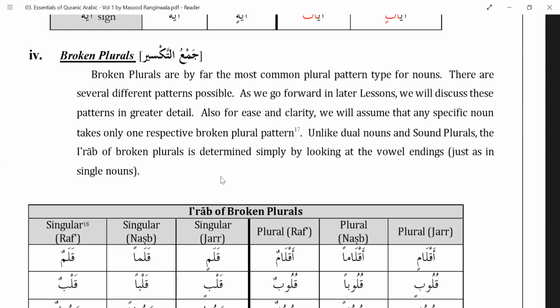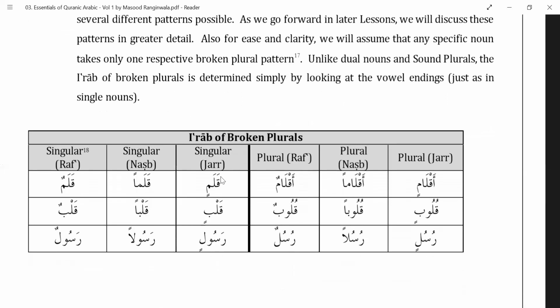So at the end of this book, there are, I think, 2 or 3 pages where the singular and plural of the words are mentioned with the meaning. So we have to learn those by heart. That will be your next assignment. I will give you the page number where you can find it, and also I will share the chart of broken plurals with you.